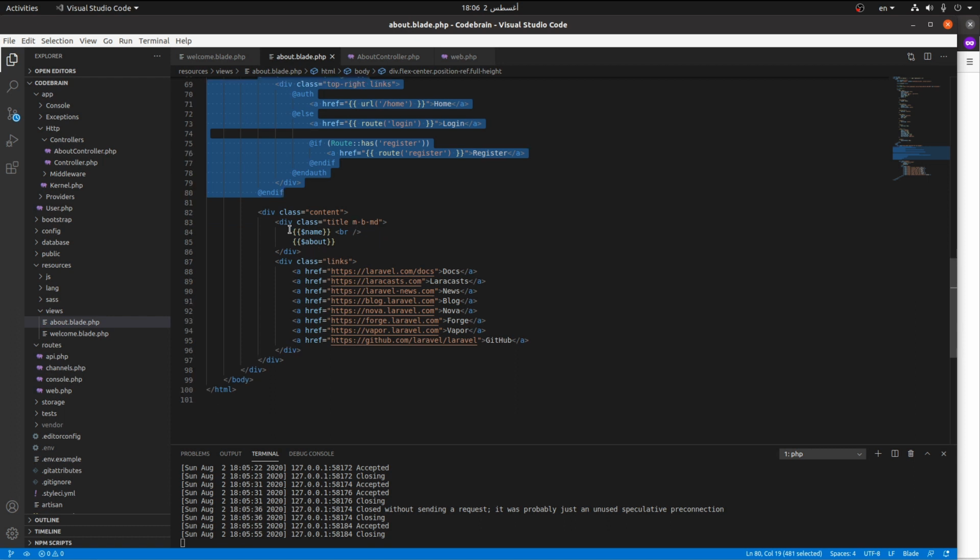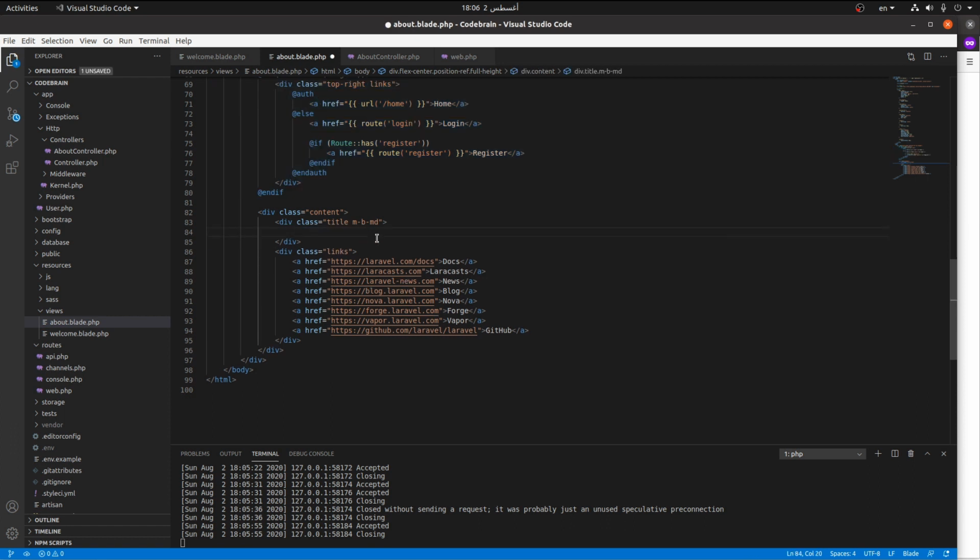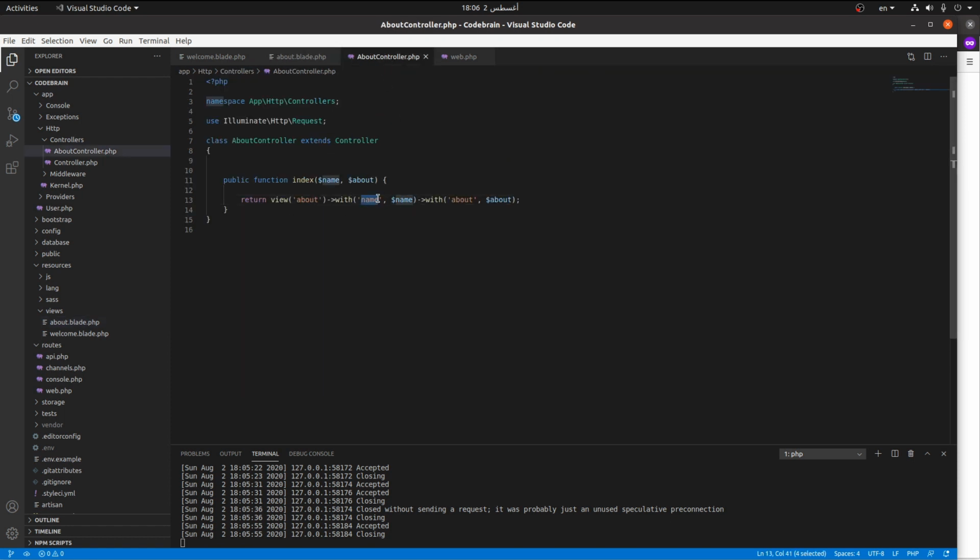For now, for example, let's erase this and pass some data in the controller. Let's pass the title as a title, and we are going to remove these things, we don't want them for now. Let's set the title as Code Brain. And let's set, for example, a price. Let's say that it is 15. And let's pass this price in the